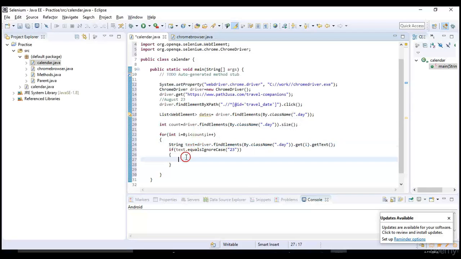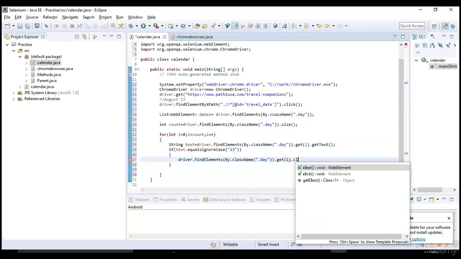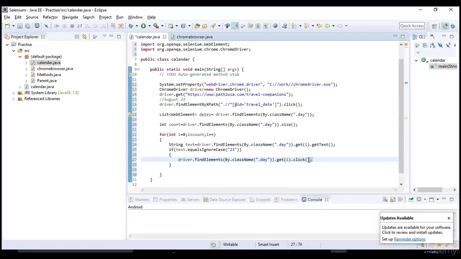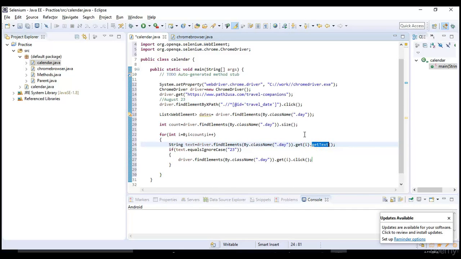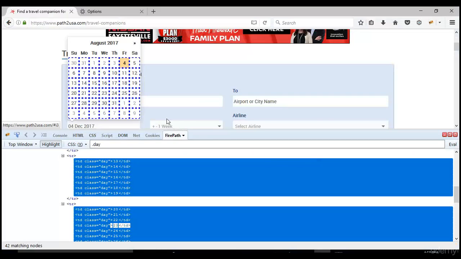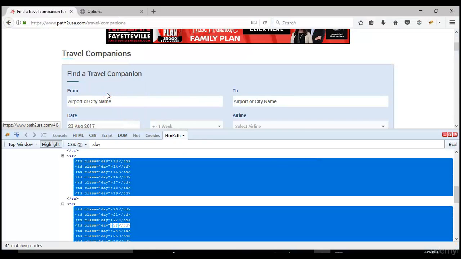We will grab it and click on it. If it is present at the 19th index, firstly i will be 19. So findElements by class name, get of 19, text, which is 23. I need to click on that 19th index. As i is 19, I am again saying findElements by class name, get of 19, dot click. So it will exactly go and click on that index, which is 23.